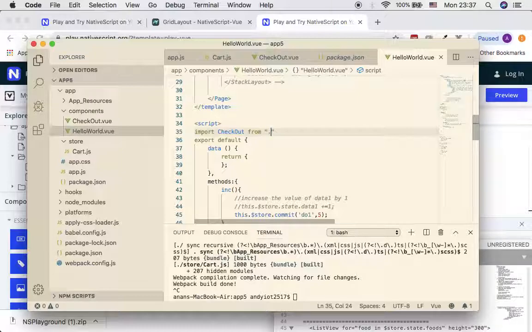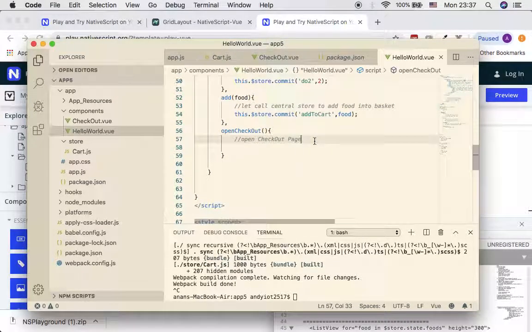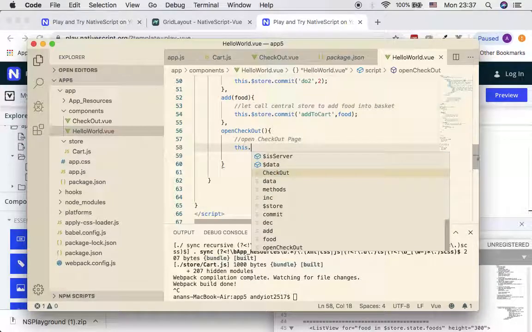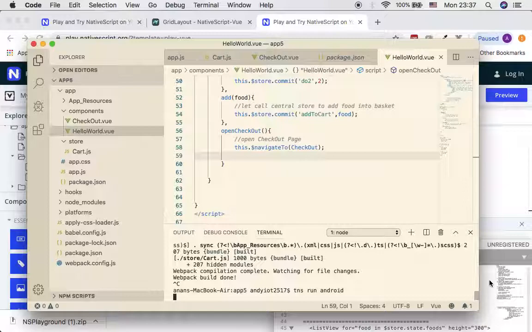Okay, so it's going to be / and then checkout. Its file is located in the same folder, so that's why when you say / it is inside this folder. Now you can simply say this.$navigate to, and then put checkout as the input. Now to test our concept here, I'd like to rerun this to show you the results that we can navigate